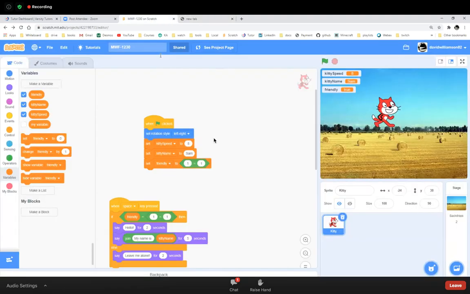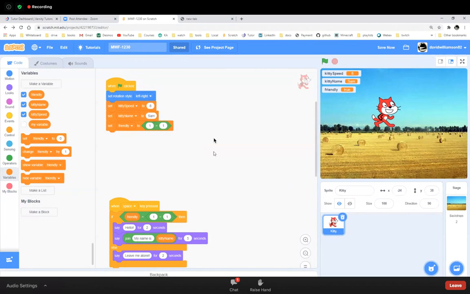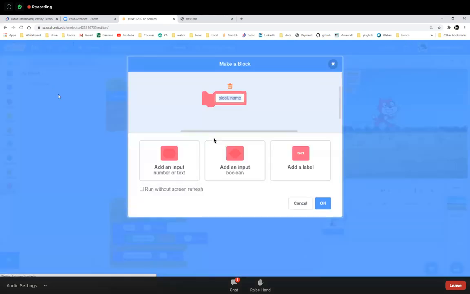Okay. This is how I do it in Scratch, okay? In Scratch, I'm going to make my own block, okay? I'm just going to separate this out. This is going to be the process of creating the list. So I need my own block for it, just to keep it separate. So I'll go down here to my blocks and I'll say make a block. This is going to be my block, okay? I'm going to call it make, lowercase m, make, and then capital L, list.